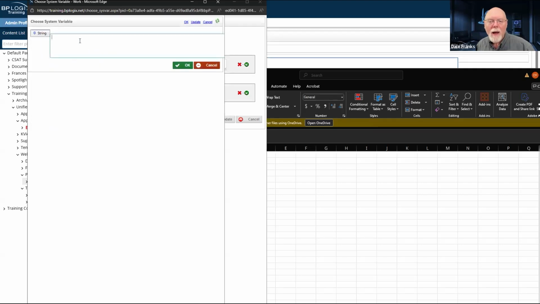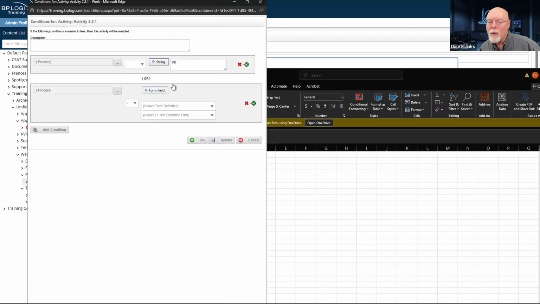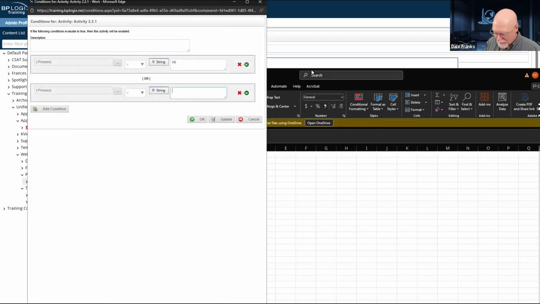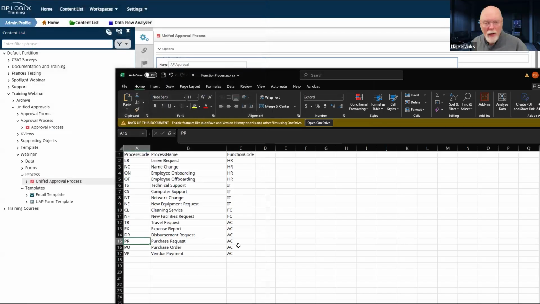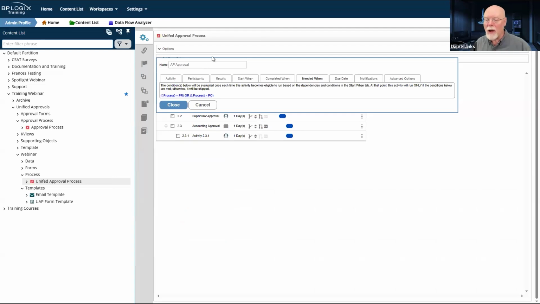String, and we'll look at the process field. And this time we just have to ensure that the string is PO. Okay, so when I submit my form, if it's going to be a purchase request or a purchase order, then my AP approval activity will run.